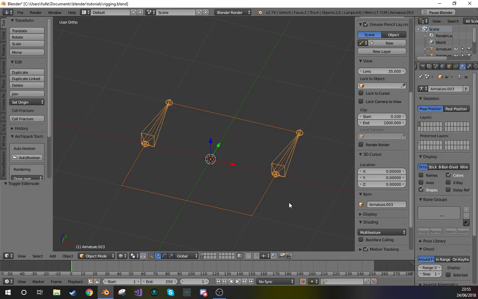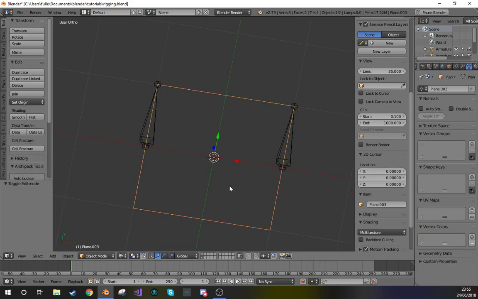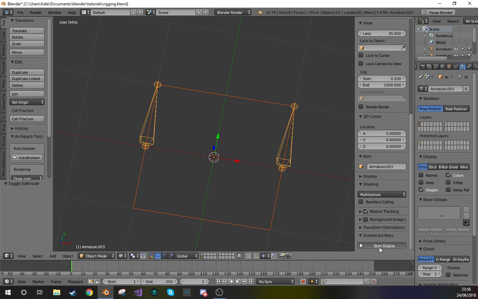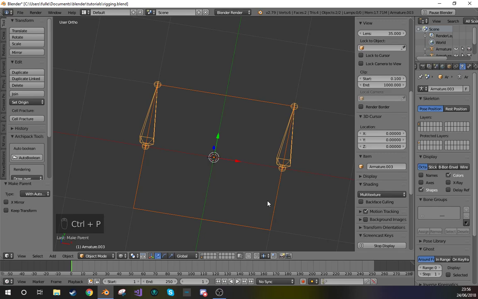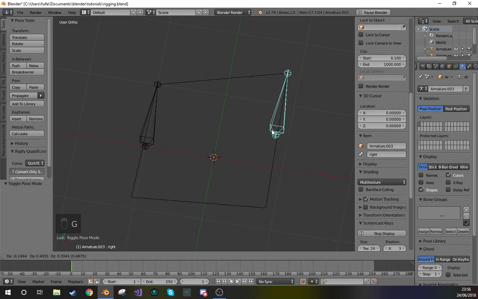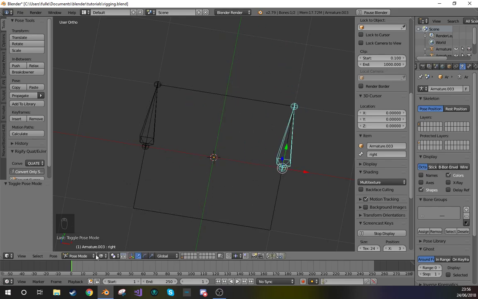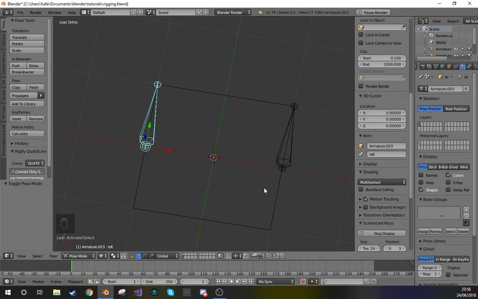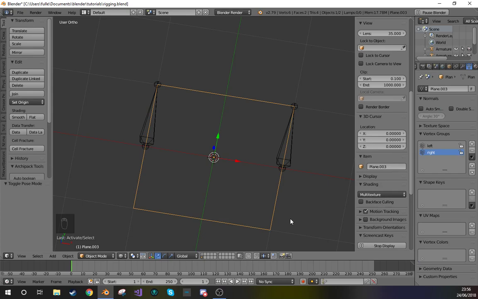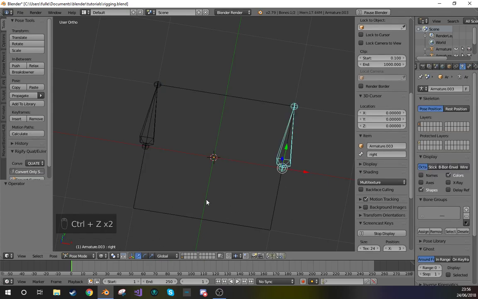So if I do the average method of selecting the mesh, selecting the rig, pressing Control P, and then doing automatic weights, we've now got it magically rigged somehow. In a way, yeah, that if you go into pose mode and move these bones, they will affect the mesh. But let's look at what that actually does. So if I undo that,